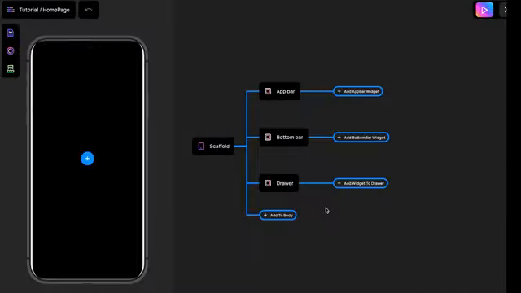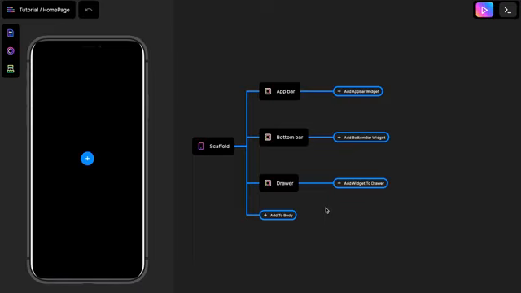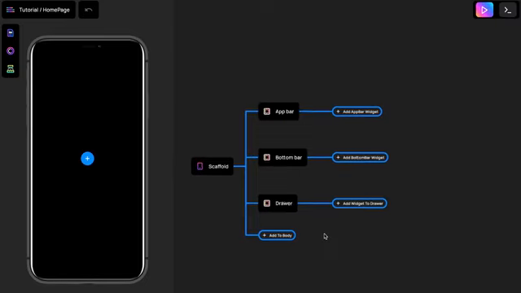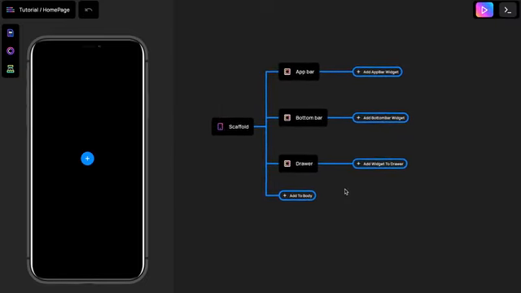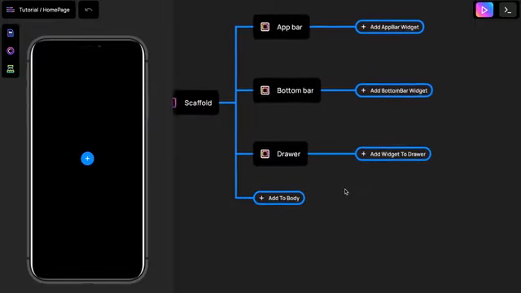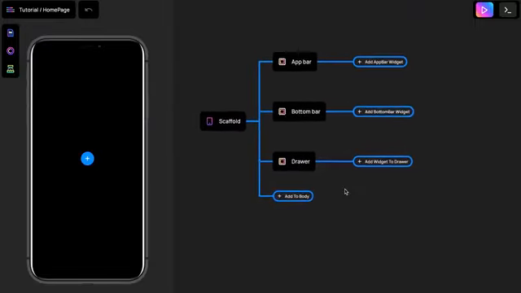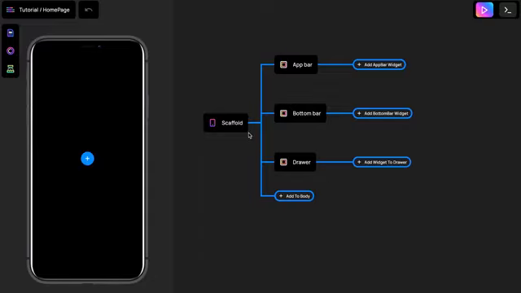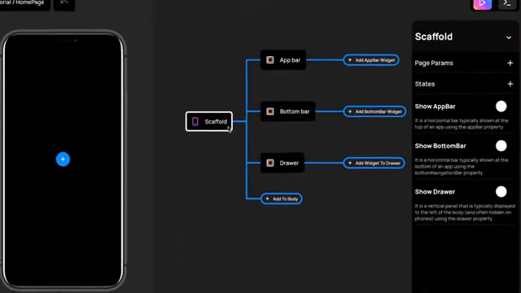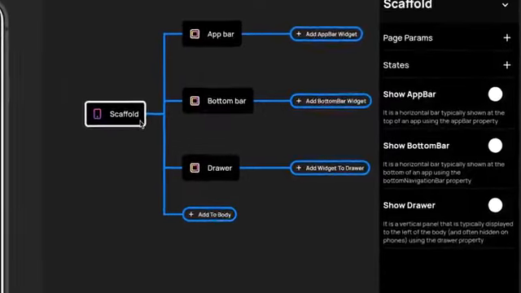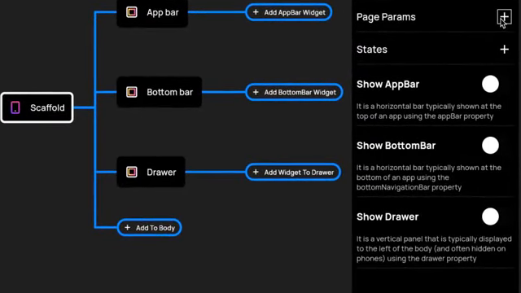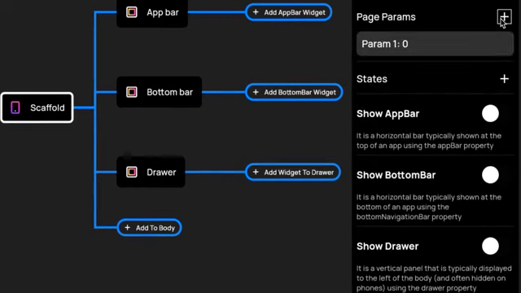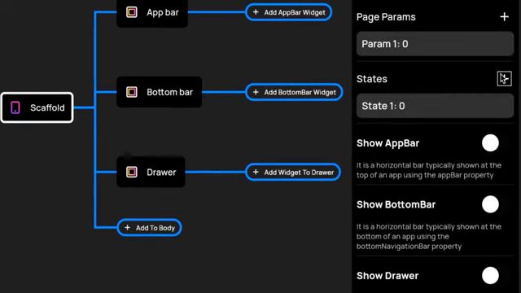Now, the central part is Teta's actual core, where we will add all of our widgets. We can move in all four directions with our mouse, while the mouse's scroll wheel allows us to zoom in and zoom out. As previous videos have explained, when accessing the scaffold, we can activate the app bar, the bottom bar, and the drawer. We can also add the parameters and the overall page's status, all of which can be